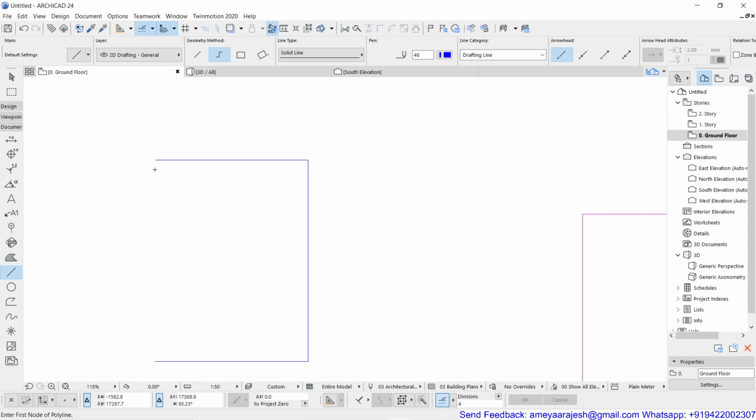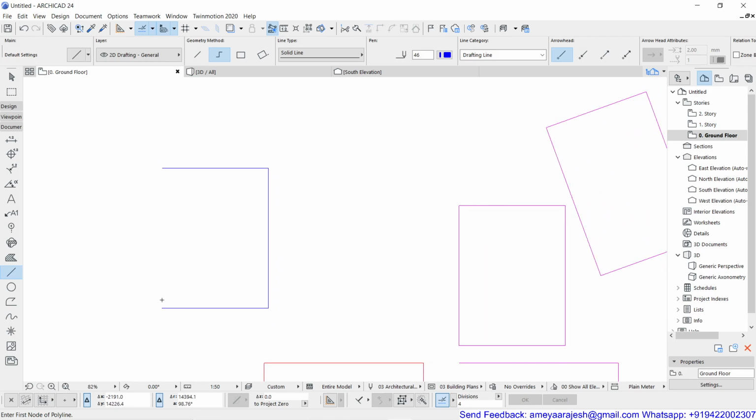To conclude, I have to just reclick on the same point or otherwise use the enter key from the keyboard. So just remember that if you want to stop the draw activity, you can either click at the same point where you have completed your last segment with the pencil, or otherwise you can definitely use enter from the keyboard also.